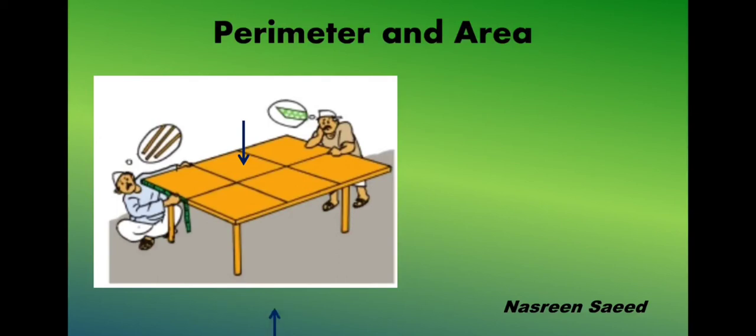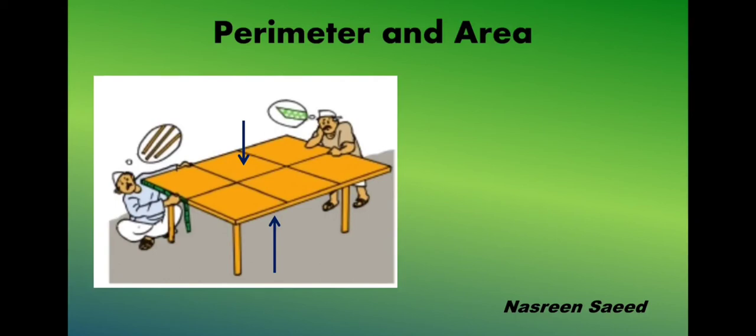The border tape will be fitted along the sides of the surface. Hence, to find out the length of border tape needed, we need to find out the perimeter of the tabletop. Here the size of the table is large. So to find the area, let us use squares with sides of length 1 meter. Now we had seen that the side should be 1 centimeter, but here the table is big, so we will use the length of 1 meter. A square with side 1 meter has an area of 1 square meter.